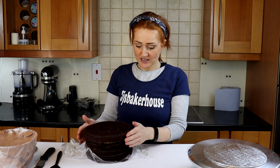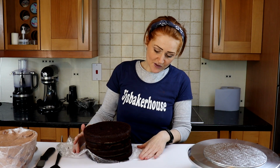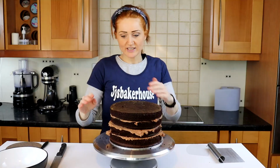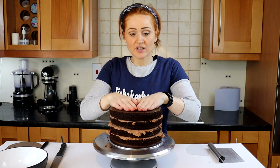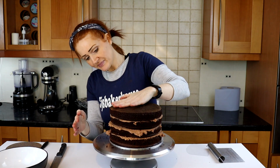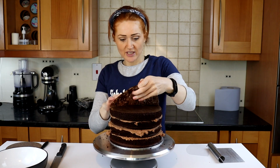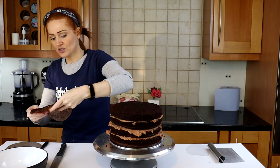So to start with, all I'm going to do is I've got 4 layers here because it gives me the height I want. I am just going to buttercream all those up as I would do a regular cake and then come straight back to you. Right, this could have been a little bit taller than I thought, but it'd be okay. Maybe the 3 might be enough, it's up to you. Right then, so this is all stacked just as you would do normally,